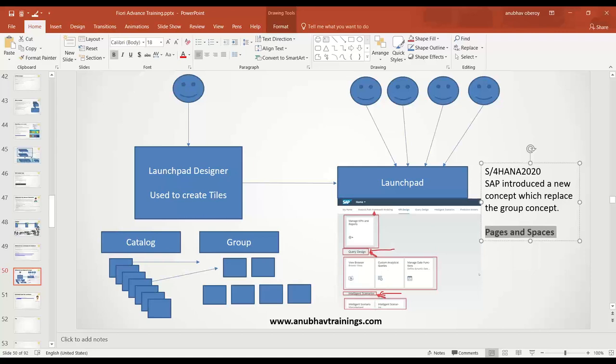We will learn the new concept and the old concept both in this training, because some of you are still on a low version of S4 HANA, or some of you are still not even on S4 HANA. I still see 70 to 80% of companies are not even on S4 HANA. Eventually, you all will come to S4 HANA. This training is going to help you both in S4 HANA and non S4 HANA to become a Fiori